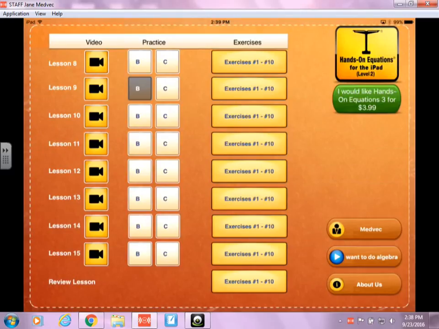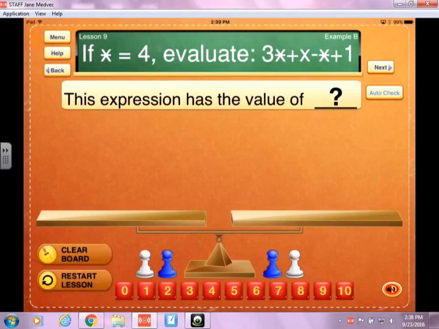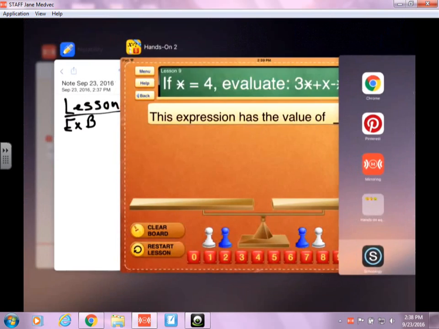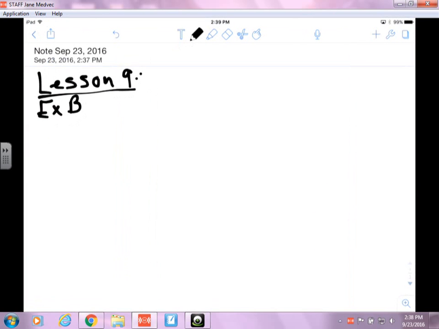And we're going to go to lesson 9, and you'll notice how it looks different. It says if star equals 4, we're going to evaluate that expression. This is how you're going to be writing it on your Notability app. You're going to write star equals 4, and underneath it you're going to write 3 star plus x minus star plus 1. Okay, and you'll notice that there's no equal sign because we're going to be doing evaluation, which means we're going